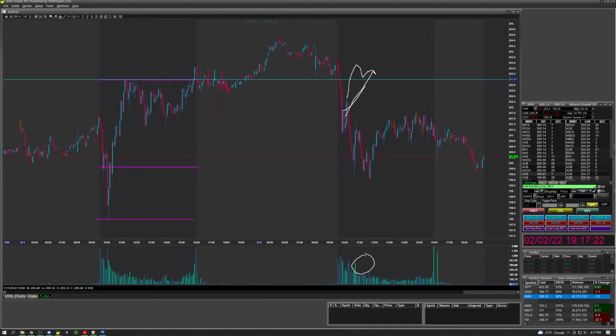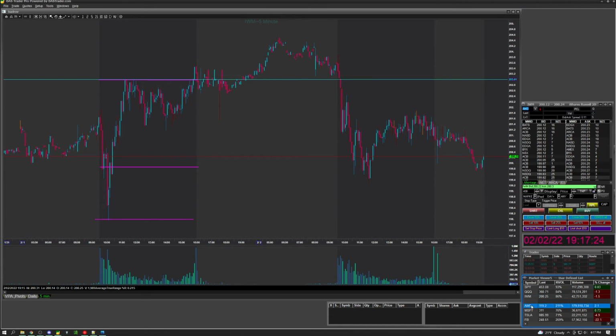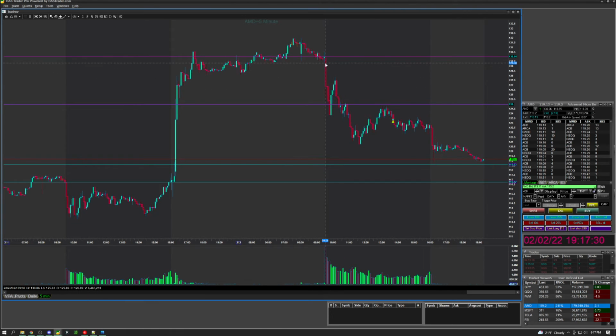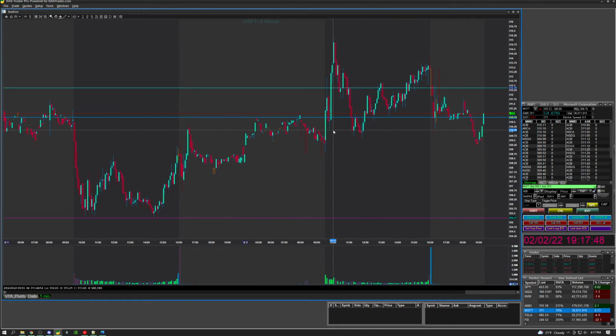And then the same thing with AMD. I felt like it had sold off under the key 130 level and it was really strong. VWAP went down real hard. And so as long as AMD was under 130, I also thought that QQQ was going to have trouble getting back above 130. Now, the interesting thing was that Microsoft,